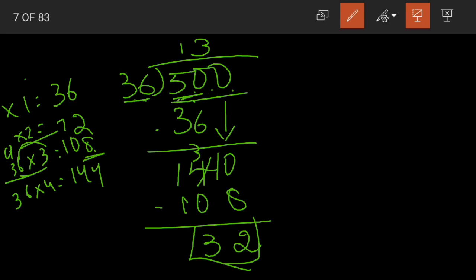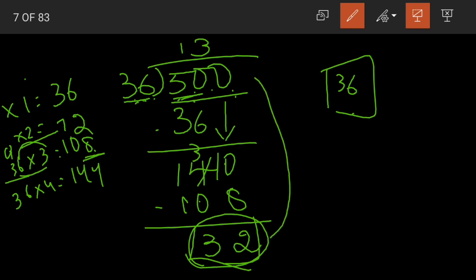When we take 500 stamps and arrange them in groups of 36, that is, on each page there will be 36 stamps, then 32 stamps will be remaining at the end. So what will be the perfect number for arranging? If we subtract this 32 from 500,